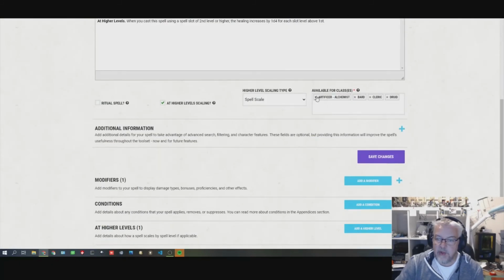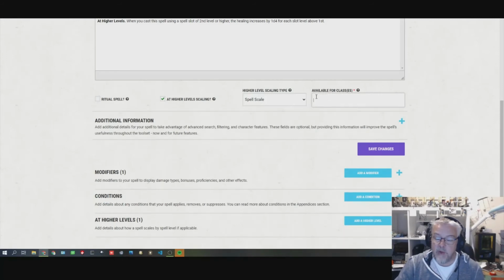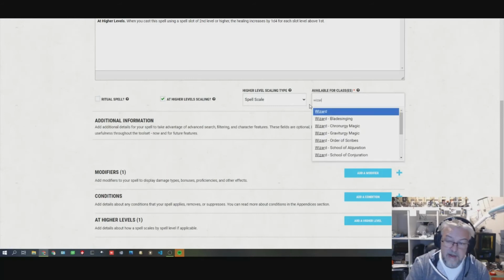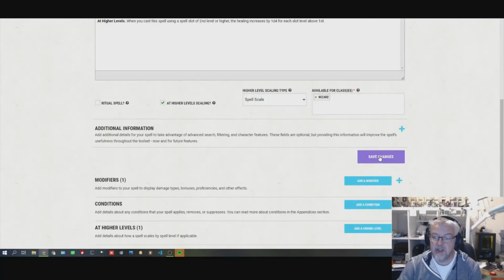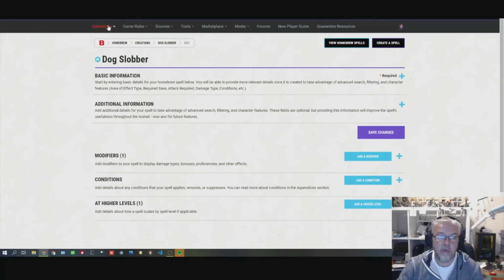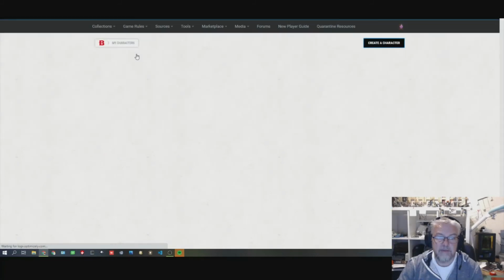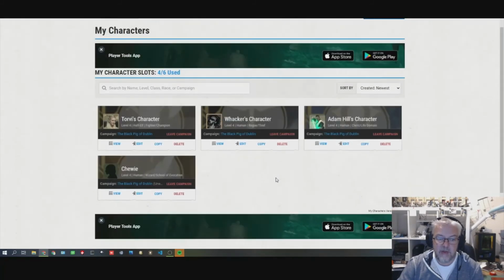Now, maybe we don't want this spell to belong to any of these characters. This is one way that we can take the standard healing word spell that is only applicable to bards or whatever else, and apply it to either a class that it shouldn't belong to because you're homebrewing something, or even a new homebrew class that you've created. In this case, this spell is going to be accessible by wizards. So we save that change. We go back up to our characters. We go back down to Chewy the dog,